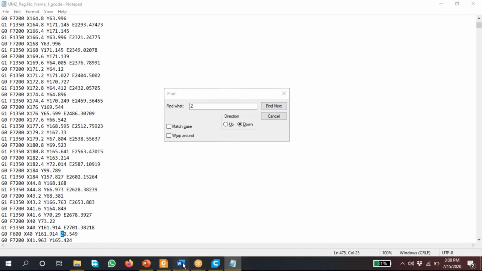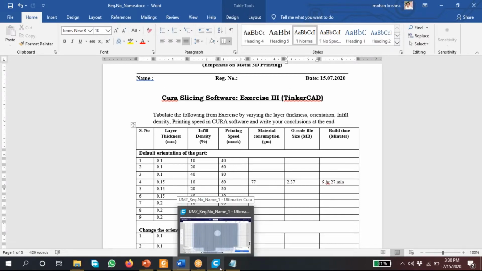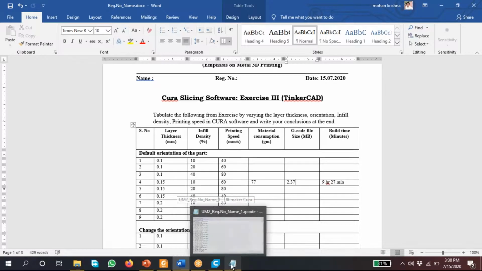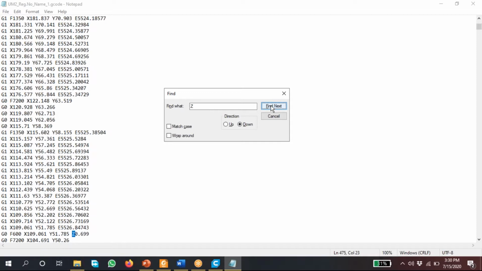We have given the layer thickness as 0.15. Previously it was something like 0.24. We add those things: 0.549, add 0.15, 0.699. You are getting it?